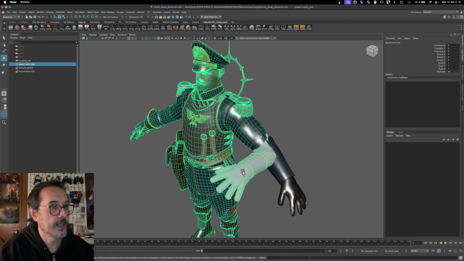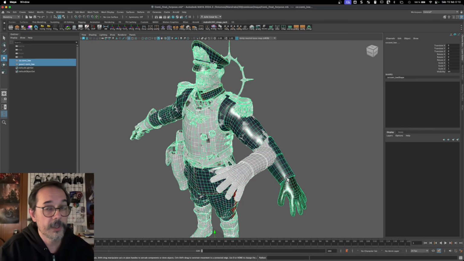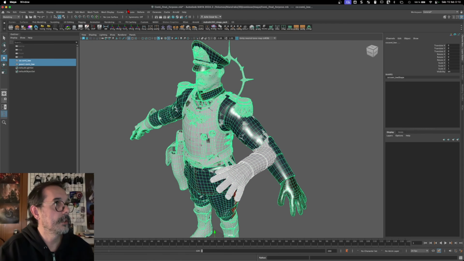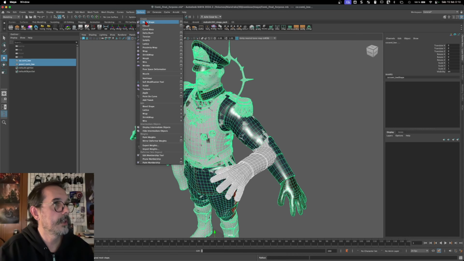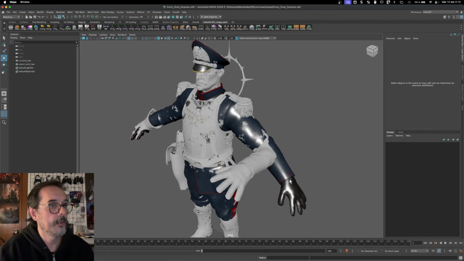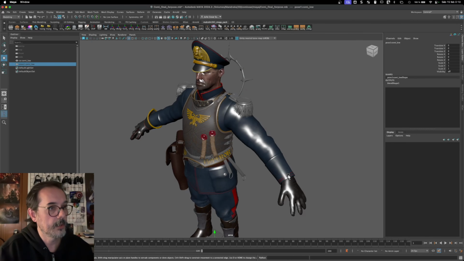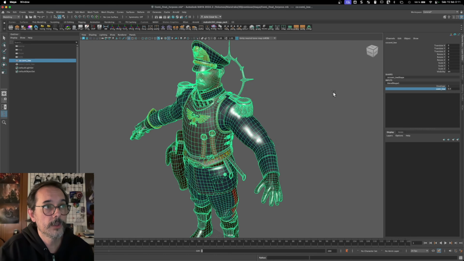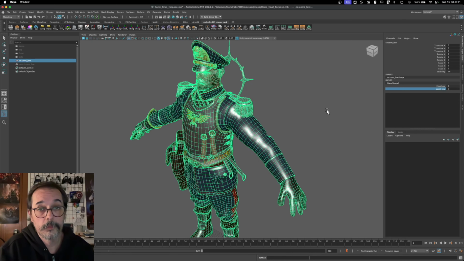Now, what we are gonna do is select this new mesh, the mesh that we imported, and with Shift pressed I select our mesh. So first the imported one, the order is important, with Shift pressed our mesh, and then I go here to Deform and click Blend Shape. Just like this. Now let's hide this one and go to our mesh, and you will see here in inputs this new node, blendShape1. Just click on the name, and now with the middle mouse in the viewport, you just scroll left or right, and you will see that the value changes, and it's basically blend shaping our model to what we did